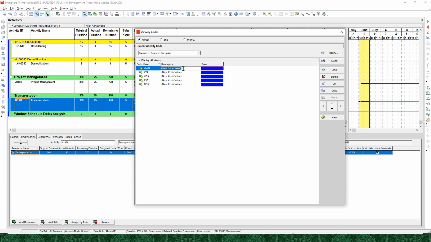Okay, so let's make a description for it. So we have here the owner, and here the contractor, and here is the concurrent, and here is the external, and here is none. Okay, done. So let's add one more,